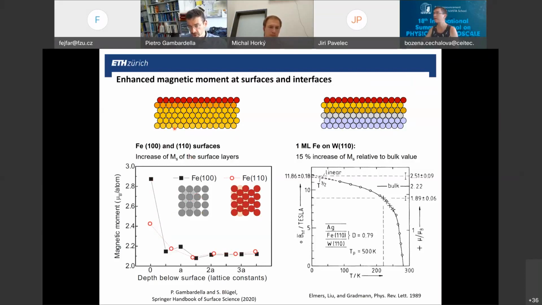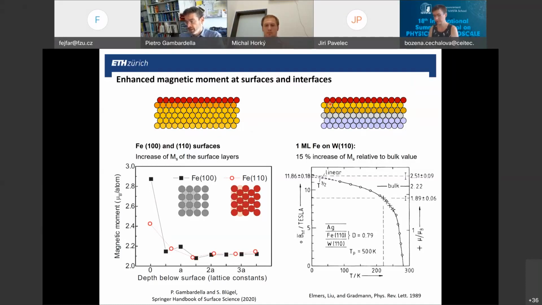Now, of course, if you try to measure the magnetic moment at the surface of a crystal, you have to do this in ultra high vacuum, otherwise contamination effects will most likely decrease or destroy the magnetic moment of the topmost surface layer. Now, similar effects are also found for thin films. A thin film is a magnetic layer deposited onto a non-magnetic substrate. And so in general here, both the layer at the interface with the substrate and the layer on top can have different